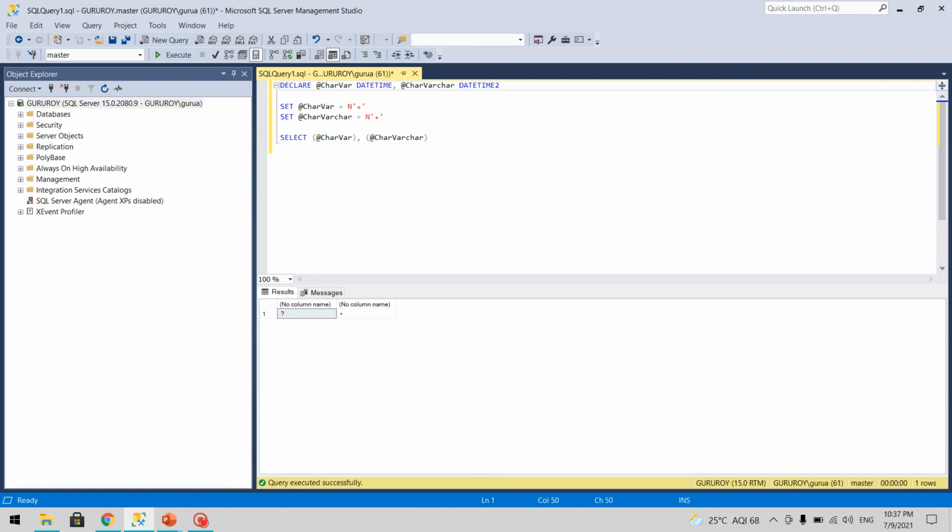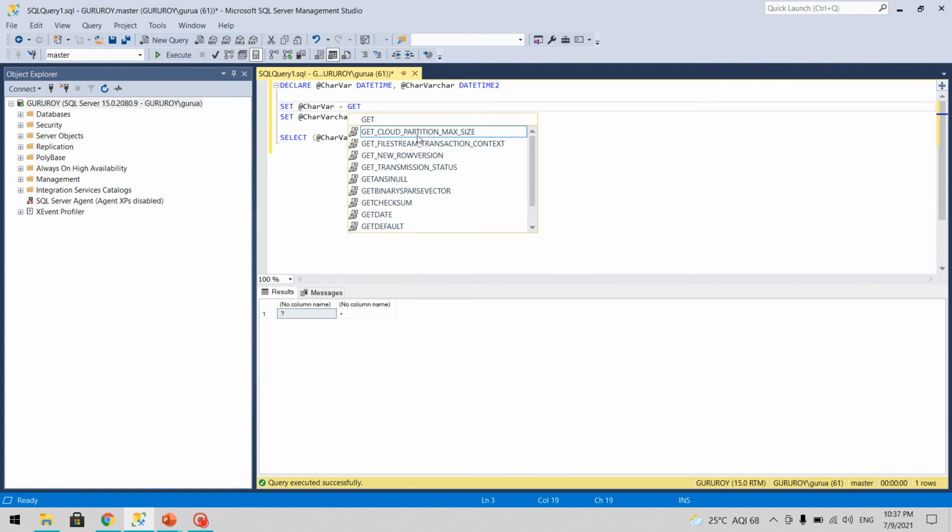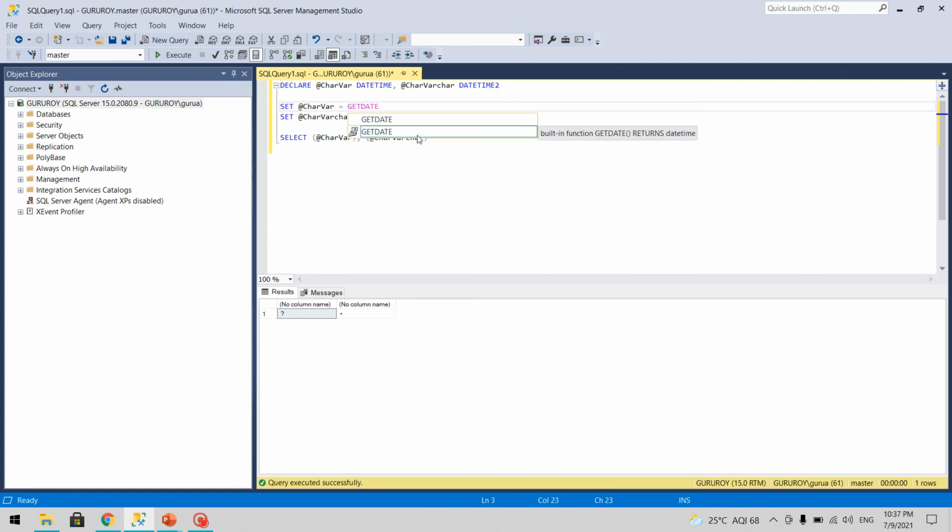As we told that there is minor difference on the millisecond only, so we'll use current date time for both and let's see what results we are getting. You can see here that the millisecond portion is extended a bit in the datetime2.